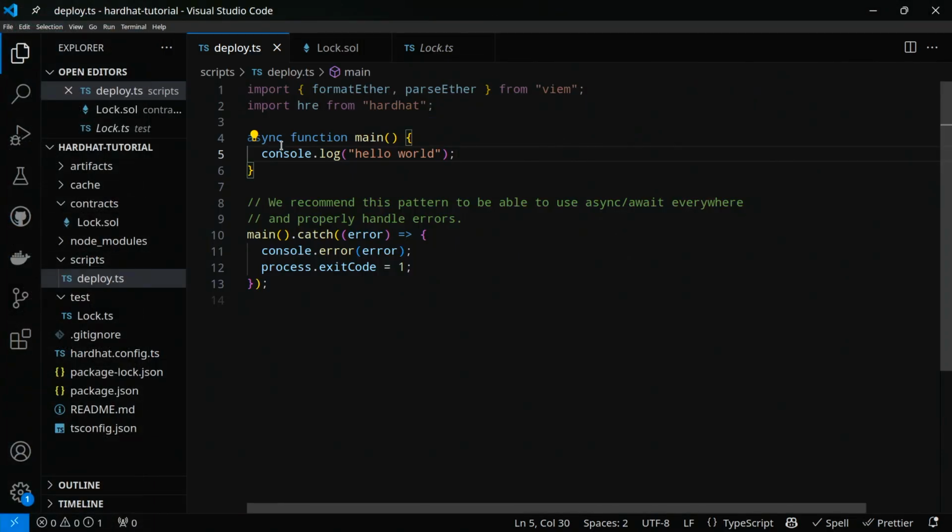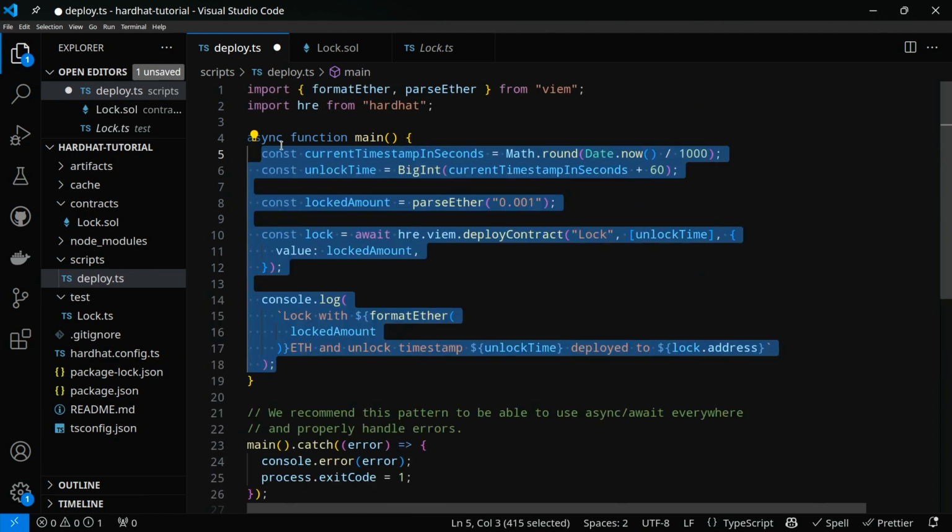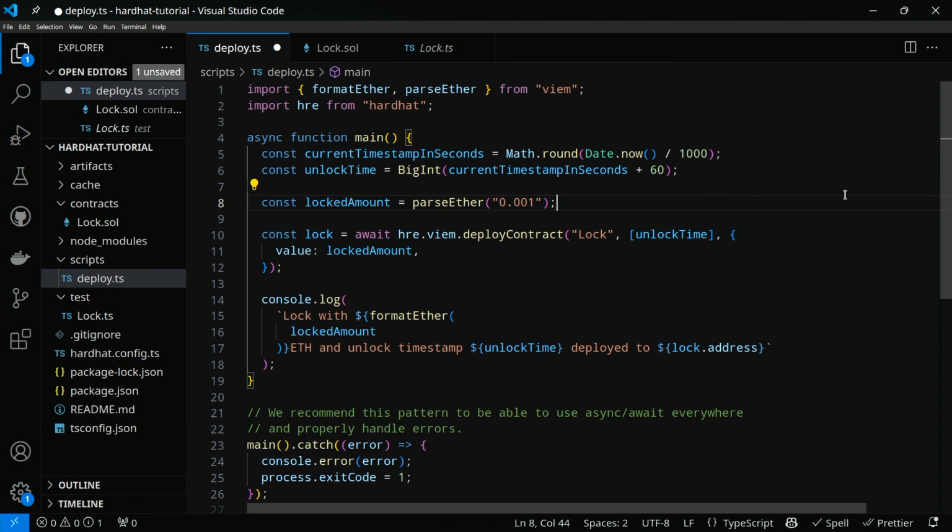The syntax could be different, async, import, whatever, but believe me, it's just doing what it is coded for, just doing the instructions that we put on each line. And the tools that I'm presenting to you, even if I'm working in my computer, in my console, have a strong link with what is happening in the blockchain. Because look, I'm console logging here that I deployed this locked amount of ETH with the unlock timestamp, deploying